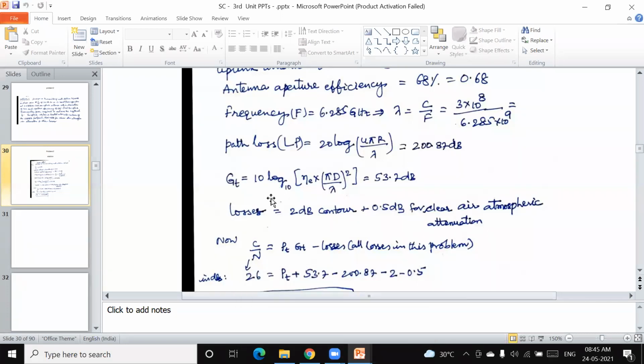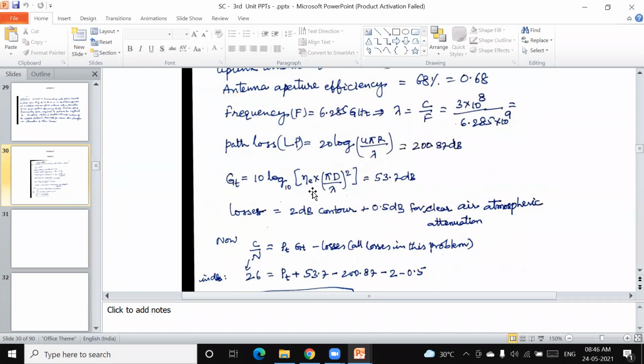So you need to calculate GT here. Once you know the GT, all the data is available, and you can get this PT. GT can be given; for that, the diameter of the transmitting antenna and the antenna aperture efficiency are given. All are given here. So you need to know the formula: GT equals 10 log 10